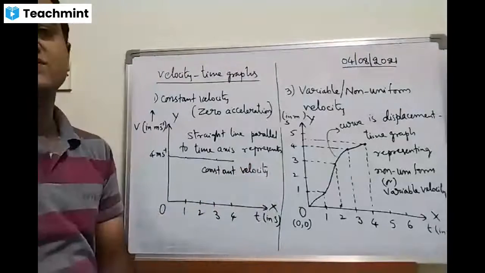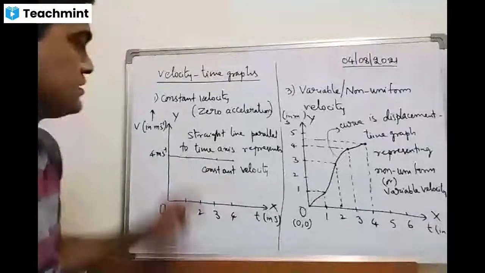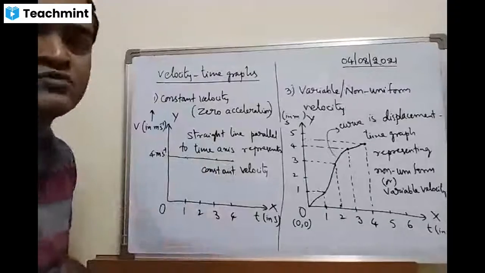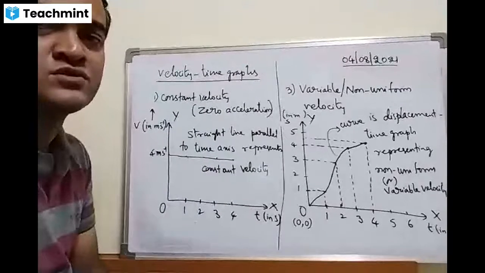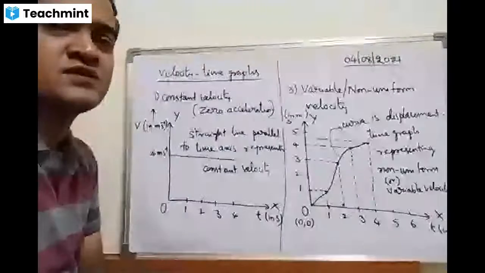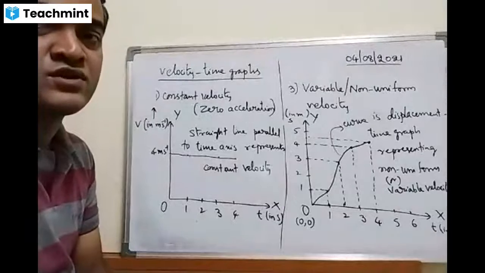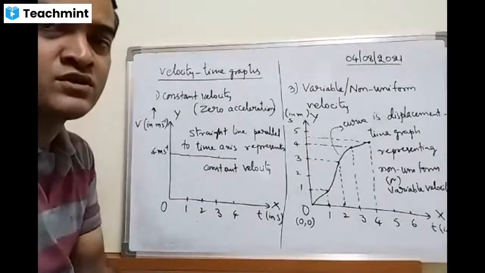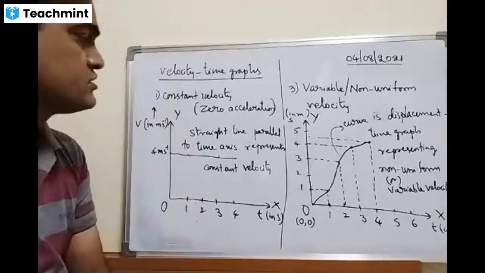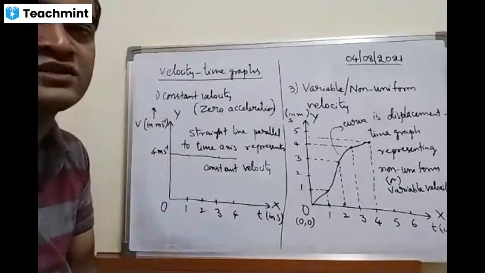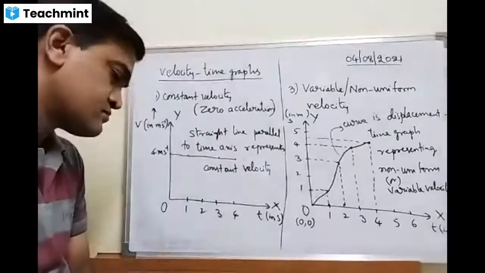Velocity, or I can say zero acceleration, because there is no change in velocity. Velocity at all the points is the same throughout. So whenever there is no change in velocity, acceleration should be equal to 0. Because how to define acceleration? Acceleration is nothing but the rate of change of velocity. Whenever there is a change in velocity, then only acceleration exists. Otherwise, acceleration becomes 0. So in this case, velocity remains constant throughout, so I can say that acceleration is said to be 0.